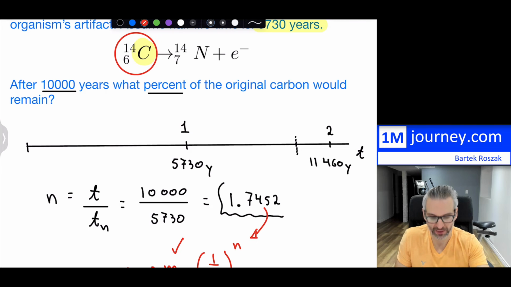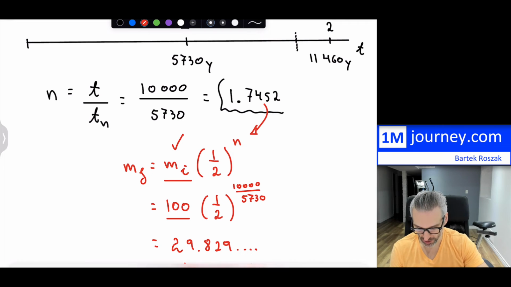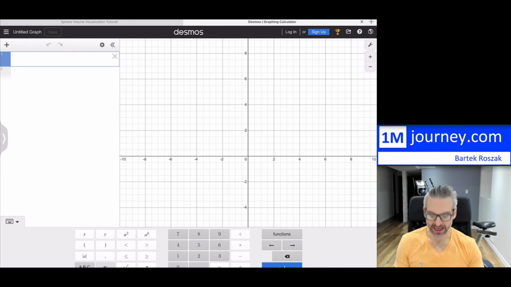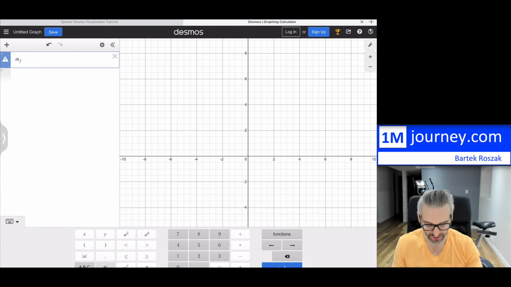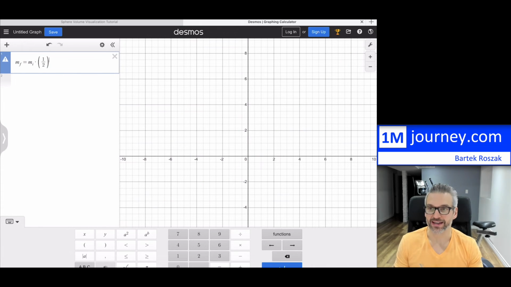Now, what I also want to show you is we can graph this, and it beautifully captures exactly what is happening with regards to these half-lives. So let me pull up Desmos. All right, so here's Desmos, and I'm going to plot this out for us. So this is M_F equal to M_I multiplied by 1/2, all in brackets, to the power of